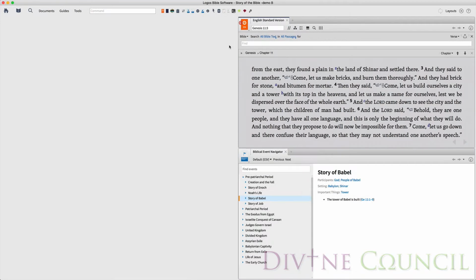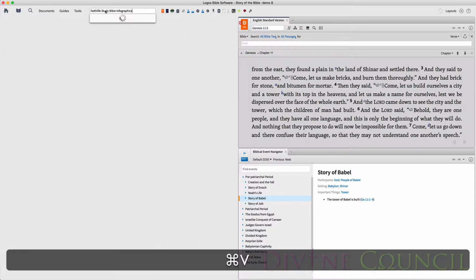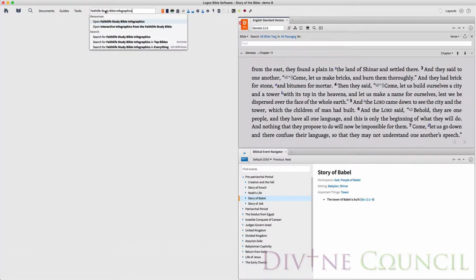This is the advanced version of the Story of the Bible Logos layout demonstrated in a previous video. We're going to pick up where that video left off, adding pictures and enhancing the ability to navigate story elements with automatic sync. The first pictures will be from the infographics in the Faith Life Study Bible, not the interactive, but the infographics from the media collection, which I'll get by typing Faith Life Study Bible Infographics in the command